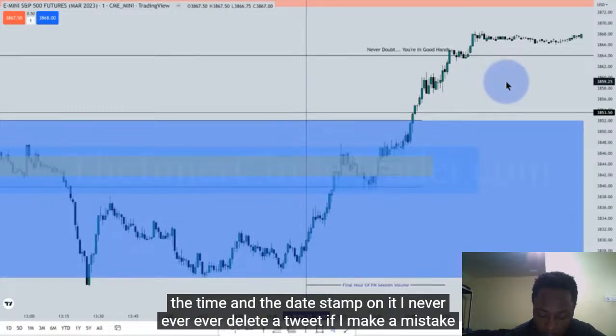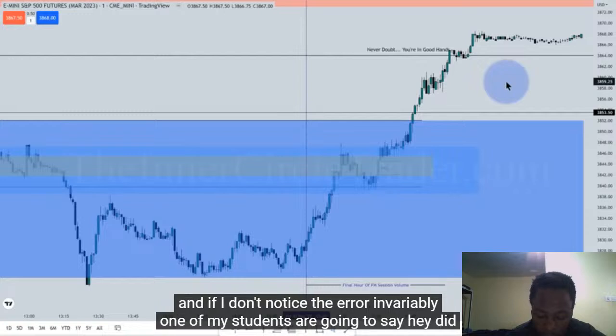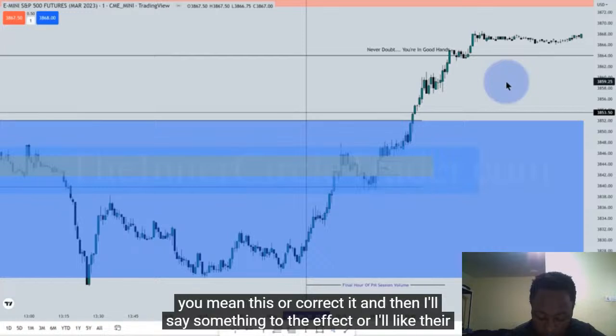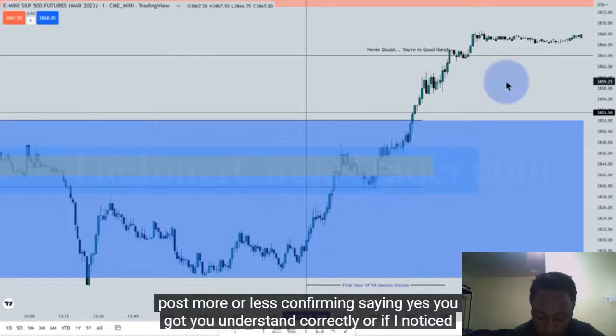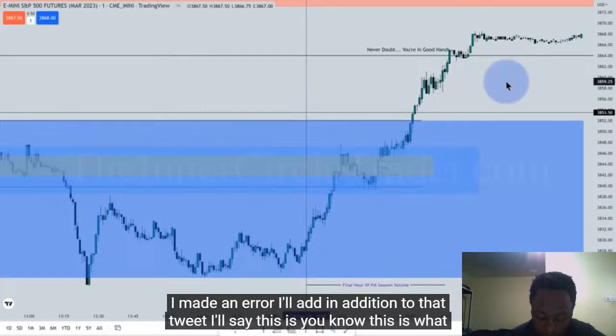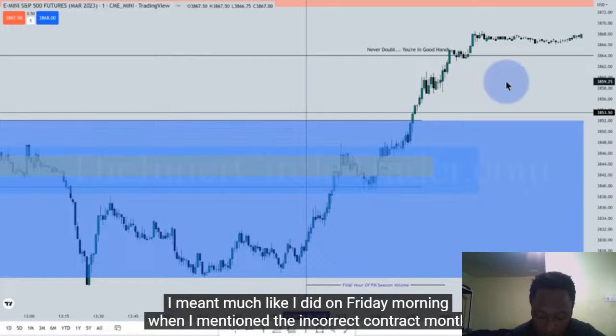I never, ever, ever delete a tweet. If I make a mistake and if I don't notice the error, invariably one of my students is going to say, hey, did you mean this, or correct it? And then I'll say something to the effect, or I'll like their post, more or less confirming, saying, yes, you understand correctly. Or if I noticed I made an error, I'll add, in addition to that tweet, I'll say, this is what I meant. Much like I did on Friday morning when I mentioned the incorrect contract month,